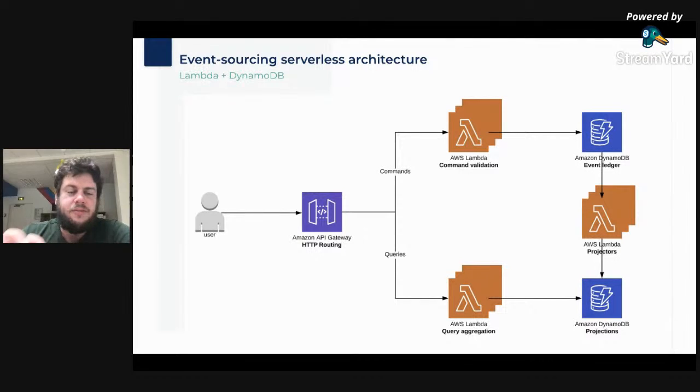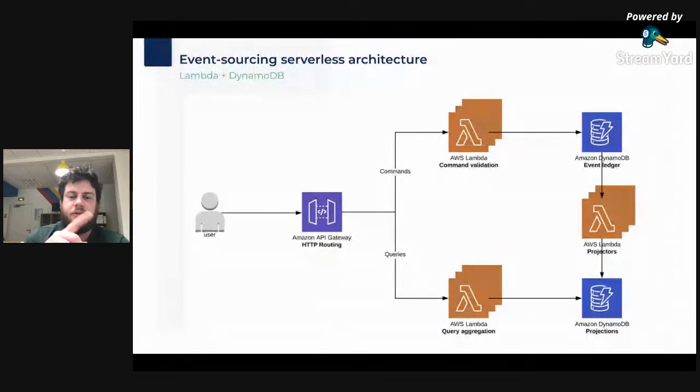So with all those different blocks, let's take a look at the first event source serverless architecture that we can put in place. On this diagram, you can see API Gateway used as a router to split all HTTP requests that are commands to the up part of the schema, and all the HTTP requests that are queries down to the Lambda on the bottom of this diagram.